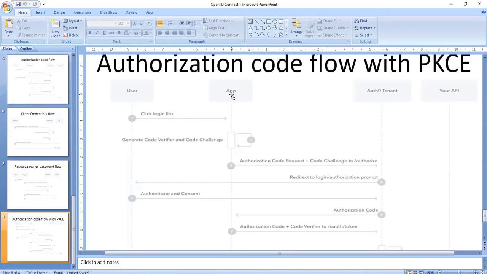And if you remember, in the authorization code flow we discussed that we are sharing the client ID and secret ID, which will be stored at the application end. But in this flow the client ID and secret ID will not be generated and it will not be shared with the app team. So you cannot see this client ID and secret ID in this flow. We will see how it works. It is just used for an application which doesn't have any server hosted or any space to save the client ID and secret ID.